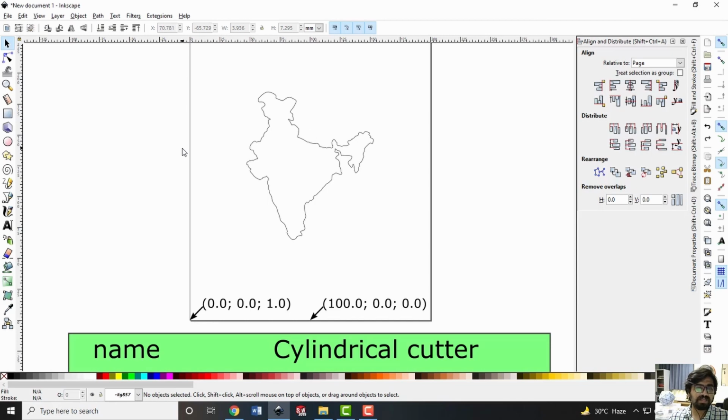So now our next task is to generate the toolpath. Of course, like I said, there will be two toolpaths. One corresponding to the outer periphery, on which the tool will move on the boundary of the map of India, and another toolpath corresponding to the inside area filling. You might have seen in my last lecture that area filling is done by different means.